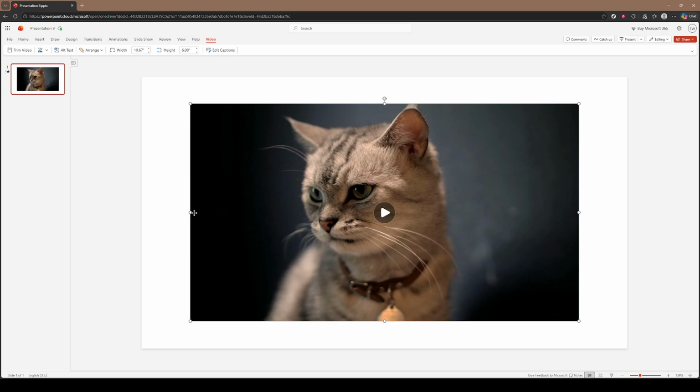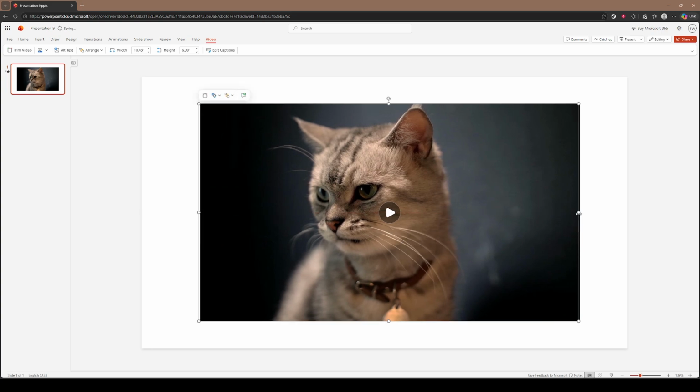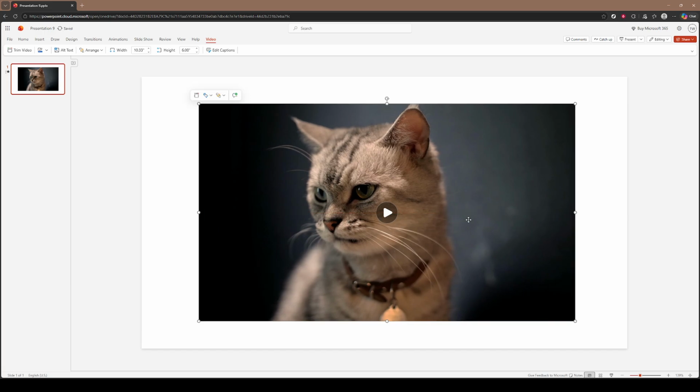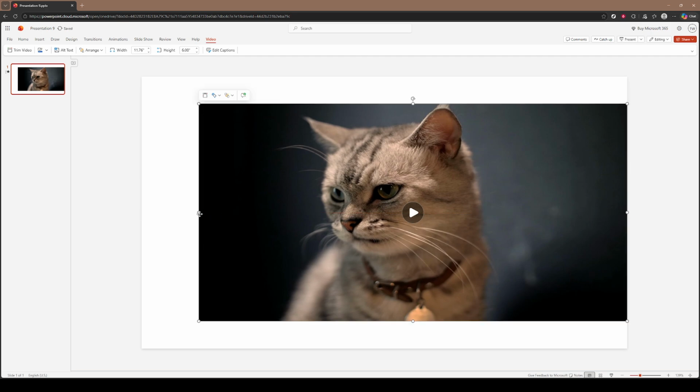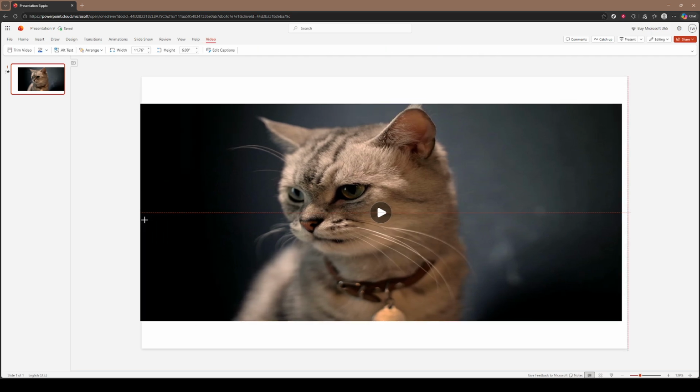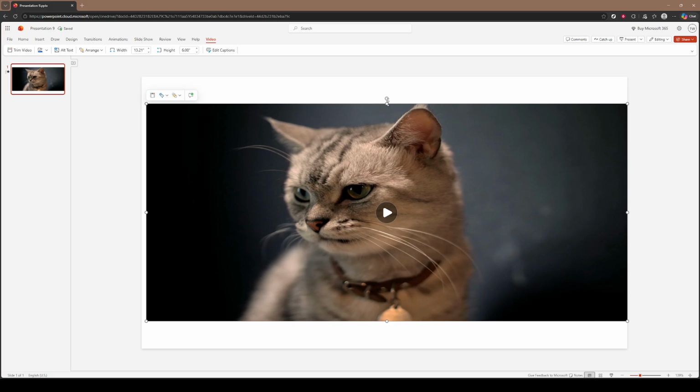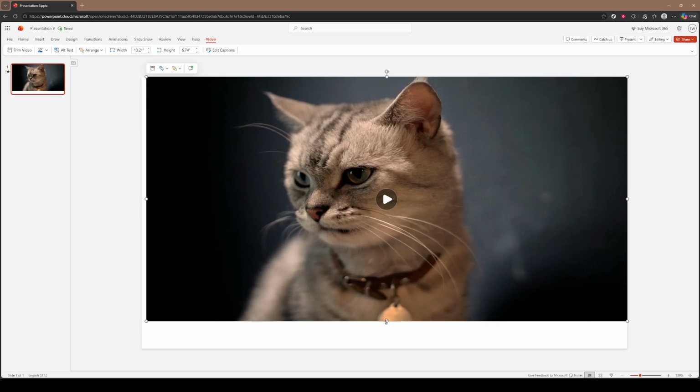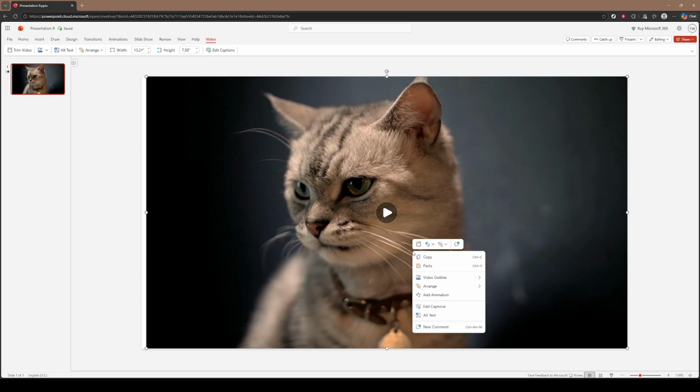Now adjust the size and position of the video to cover the entire slide. This ensures that your video will serve as a full background, creating a seamless visual effect. Finally, right-click on the video and select Send to Back from the context menu. This step places your video behind all other slide elements, allowing your text and images to remain visible on top